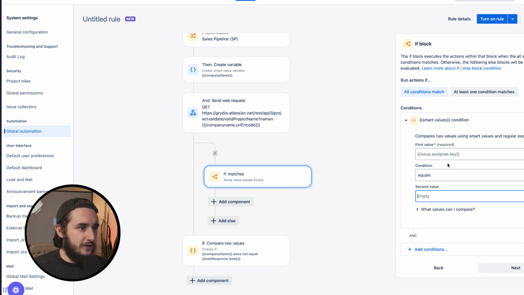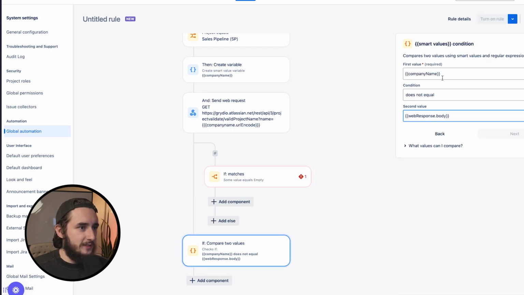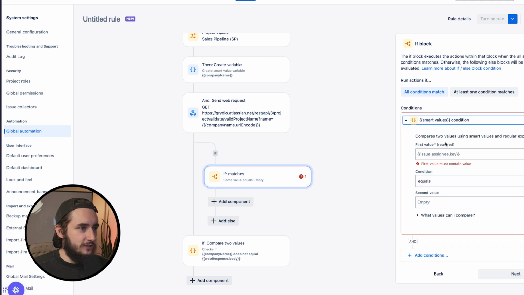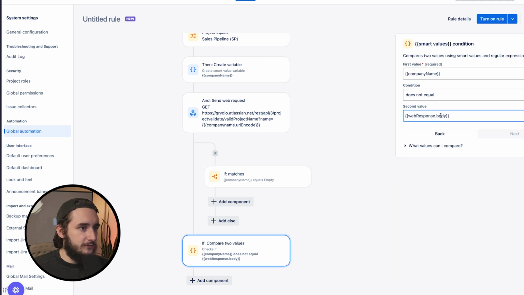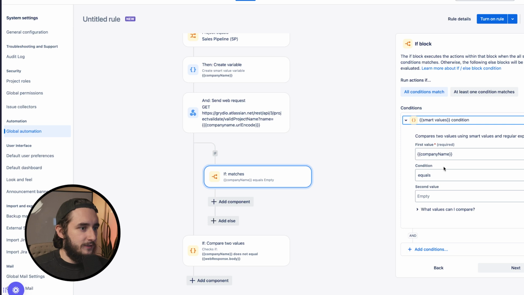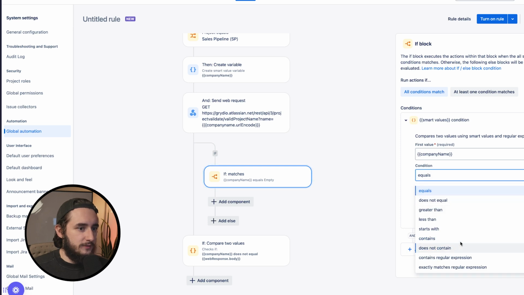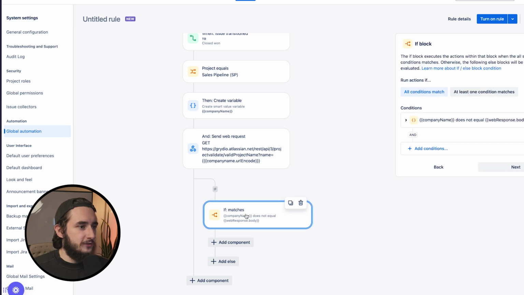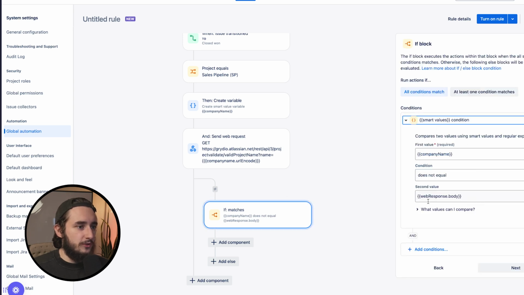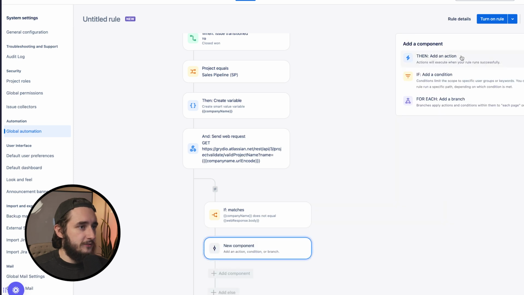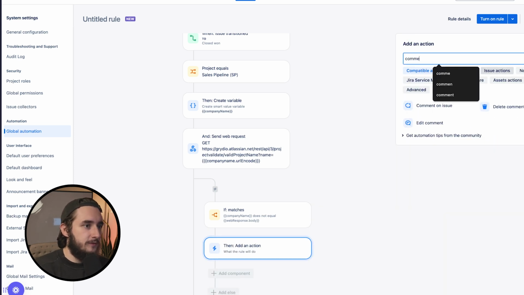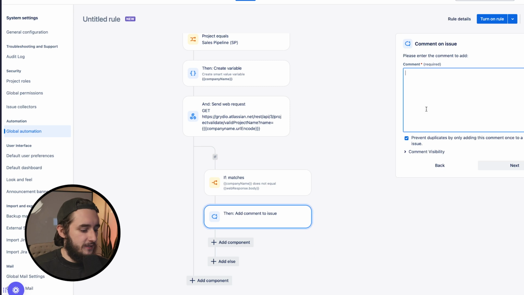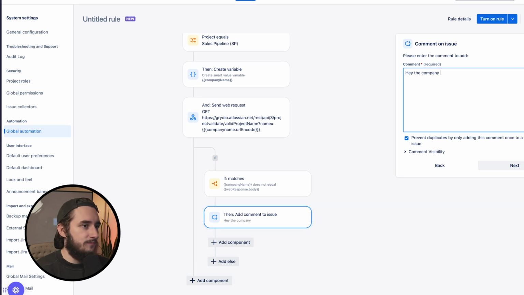So that condition of smart value should be right here. I'll just copy and paste that because we do need an else condition here as well. So I'll grab the second value, does not equal this value here. I could delete this. So as long as this company name does not equal the web response body, we could go ahead and post a message or a comment on the original ticket. And in here, we could say that, hey, the company name in Jira is already taken,